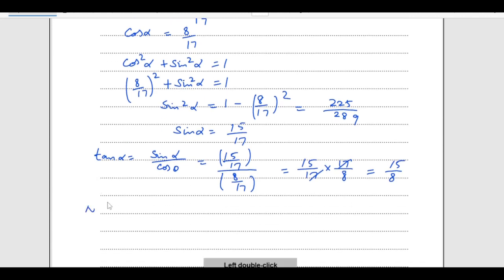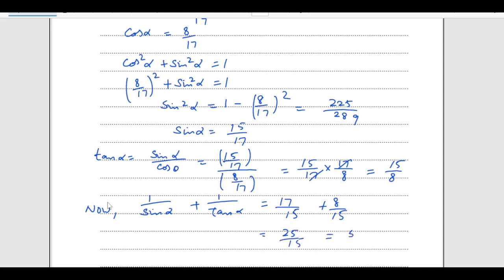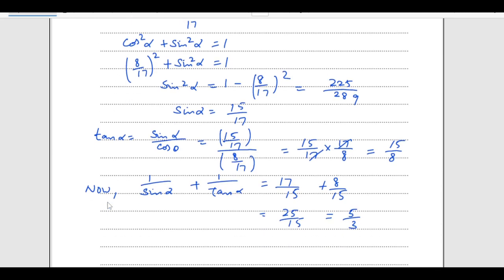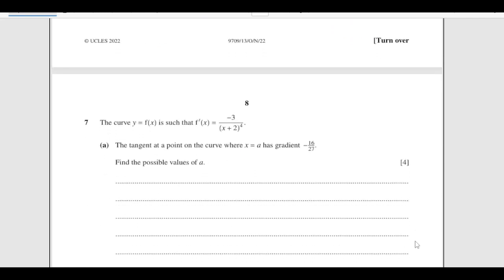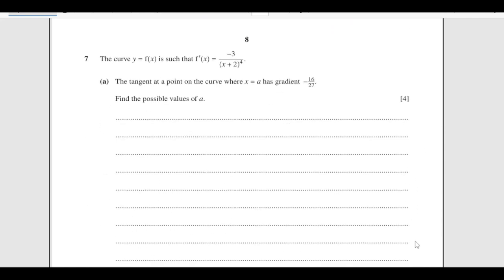So now we can calculate what we require. We have 1 over sine alpha plus 1 over tan alpha, which is equal to 17 over 15 plus 8 over 15. So this is 25 over 15, and in the simplest form it is 5 over 3. So this is the answer, 5 over 3. Now number 7, the curve f(x) is such that f dash x is